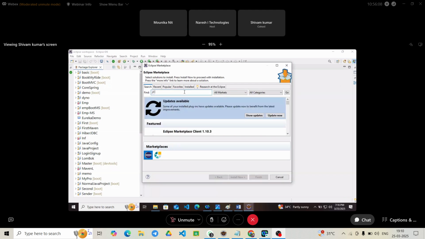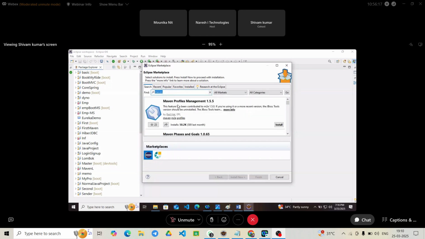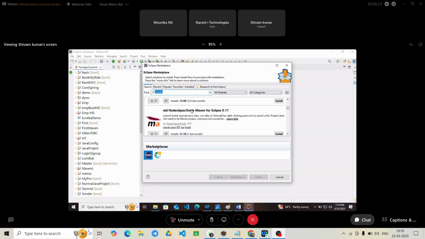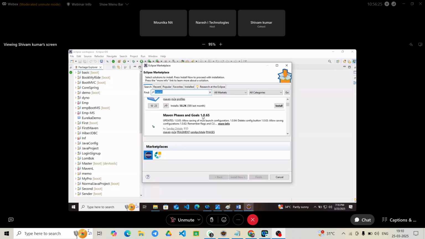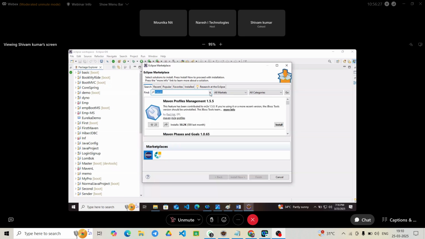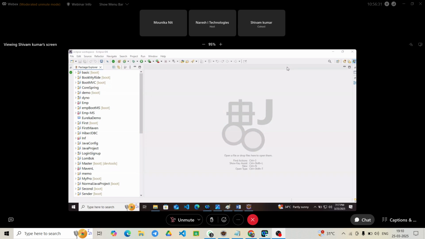When you search Maven, this particular plugin will come: Maven Profiles Management, and the second one, Maven Pages and Goals. You can install these two plugins and it will work fine. Otherwise, if you are again getting the same problem,